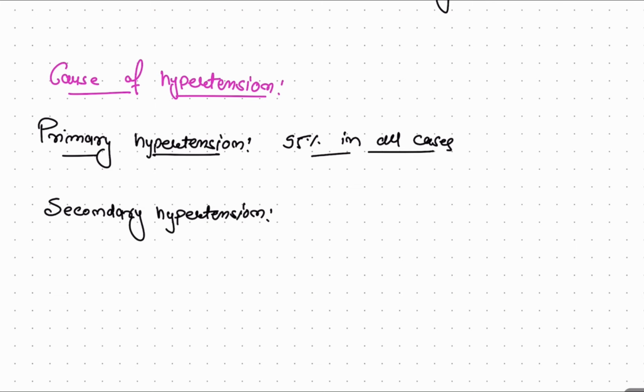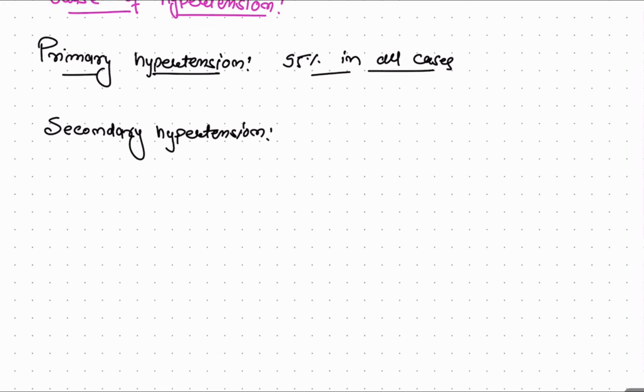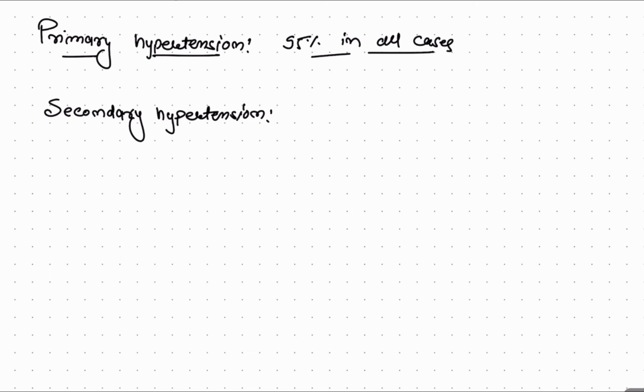Why are we calling this secondary hypertension? Because a disease related to another system is causing hypertension. Okay, so that's why we call it secondary hypertension. So what are the causes behind secondary hypertension? There can be renal causes, cardiovascular system pathology, endocrine pathology, and neurological disorders. Okay,